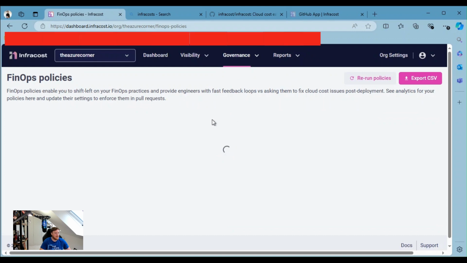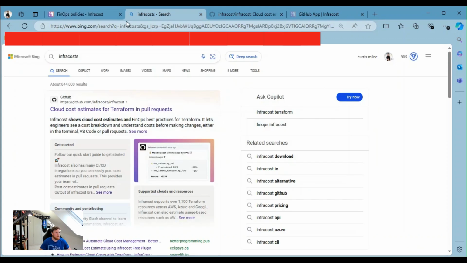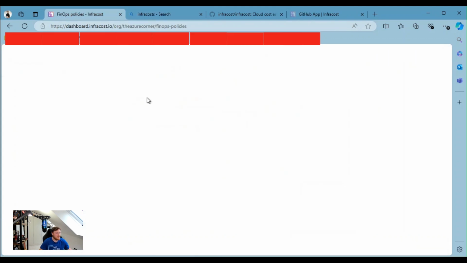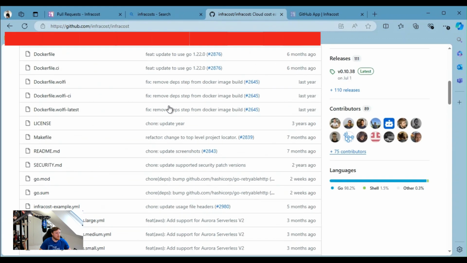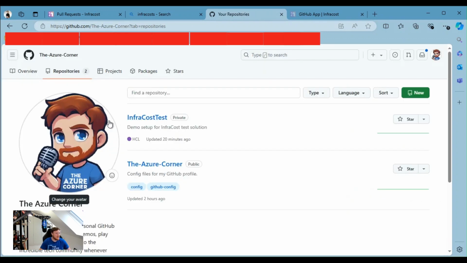Just have to investigate that further. But it wasn't really for their portal. I really just liked the pull request in their GitHub. So that was pretty cool. So yeah, just wanted to make you guys aware of that. Let me go back to the repository just to show that. And yeah,